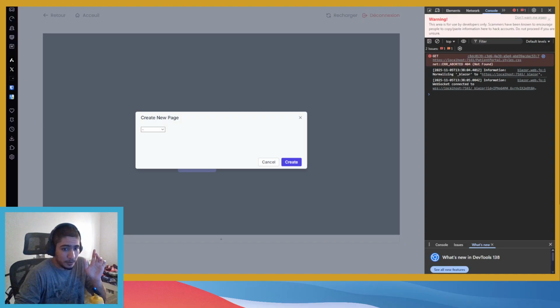Let me open the console on the other side just to see. Oh yeah, I know. Forgot. Component and yeah, component ID.